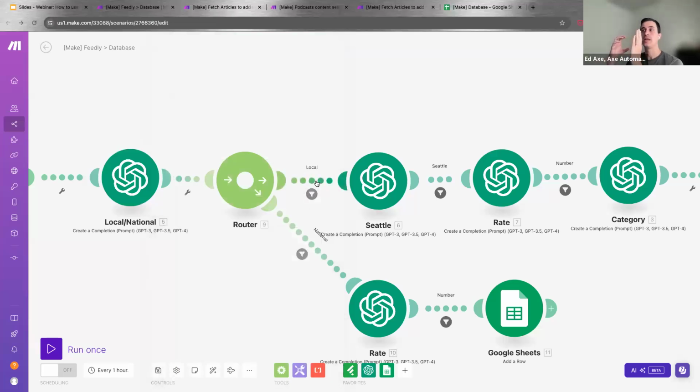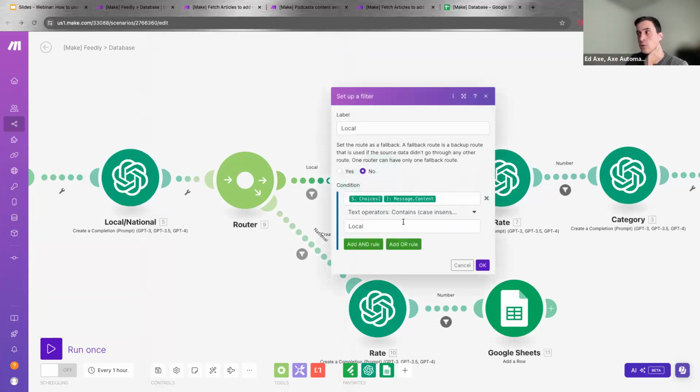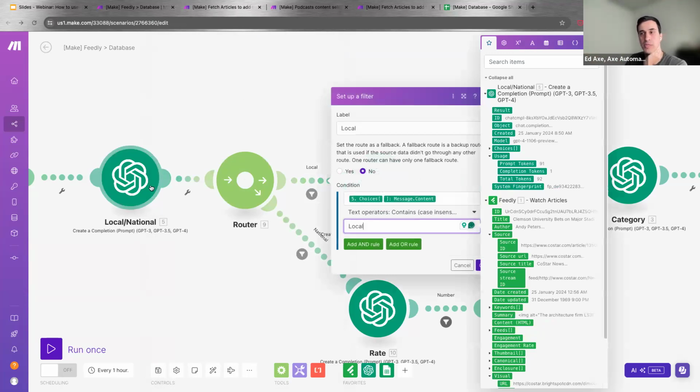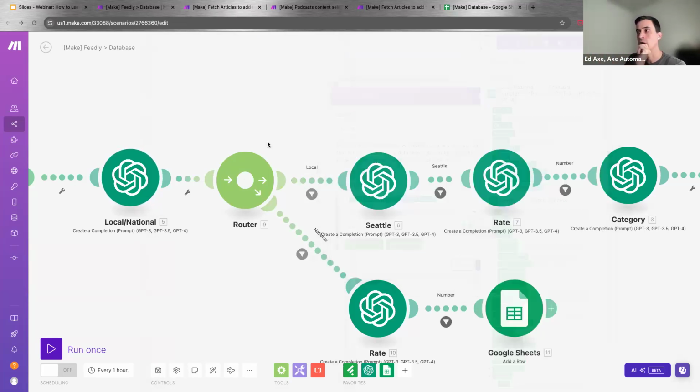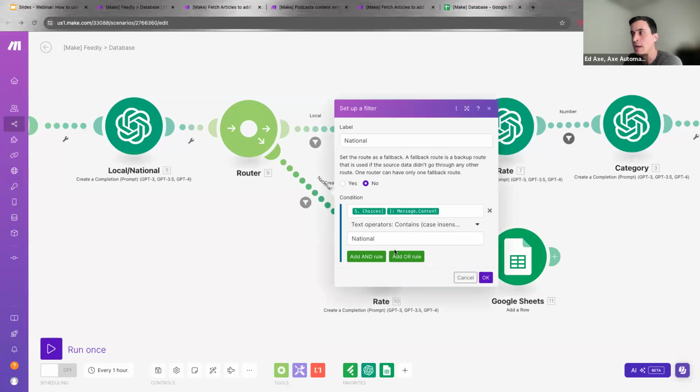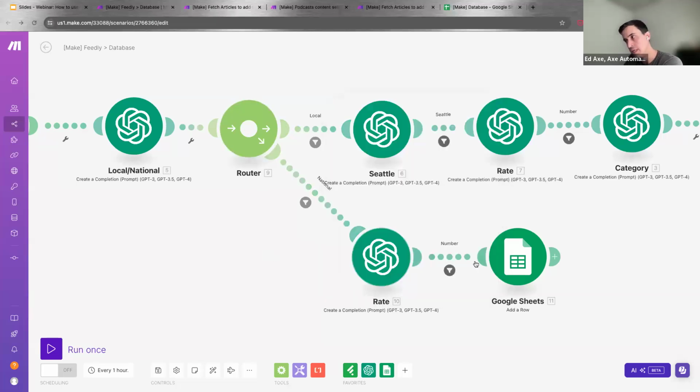So I created a router to divide the Make scenario into local or national using the output from OpenAI. If the output of OpenAI contains the word local, it's going to go to this path here. If the output from OpenAI contains national, it's going to go to this path here. Again, so we can divide and better organize our Make scenario here.